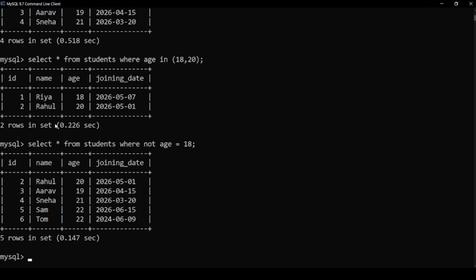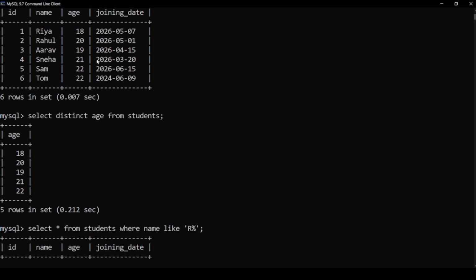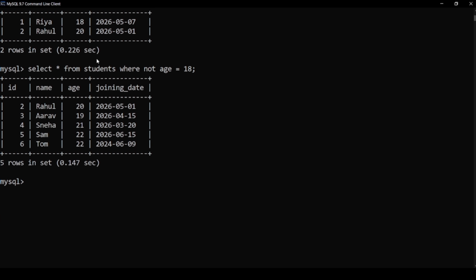This is my entire table, which has 6 records, right? Which has ages of 18, 20, 19, 21, 22. Here I mentioned select star from students where not age is equal to 18. I don't want the matching record excluded. If the student's age is 18, I exclude that, and apart from that I want to display everything else. So not gives the opposite result of a condition.